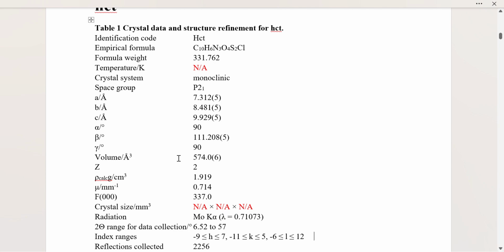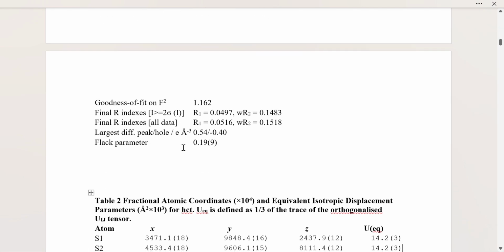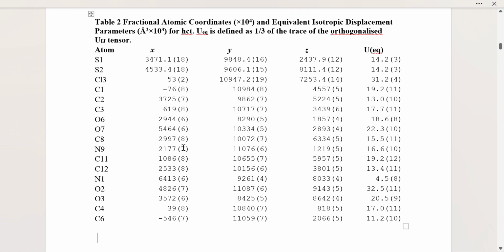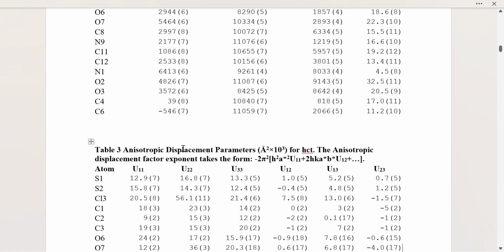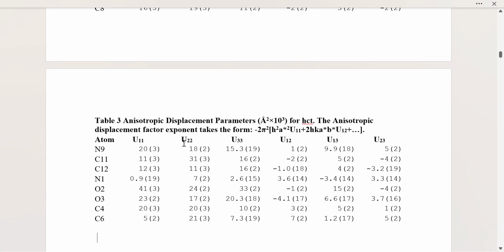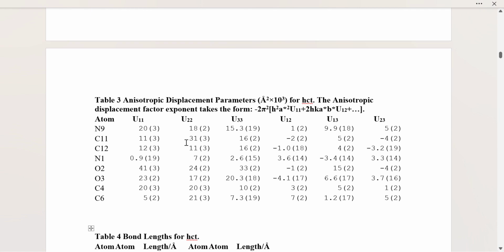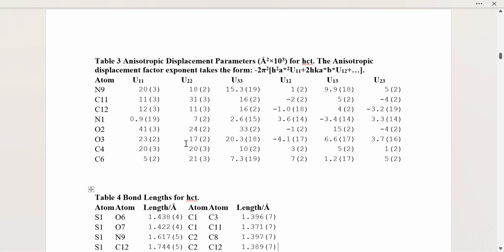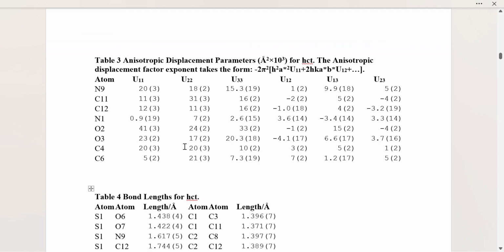These are the different bond lengths of this structure, and this is the bond angle. And this is the bond parameter for a particular atom. After that, in step 8, we will refine the structure until the required parameter turns green, which is a visual indication of good quality. The different parameters which we look after refinement: R factor value should be less than 10%.